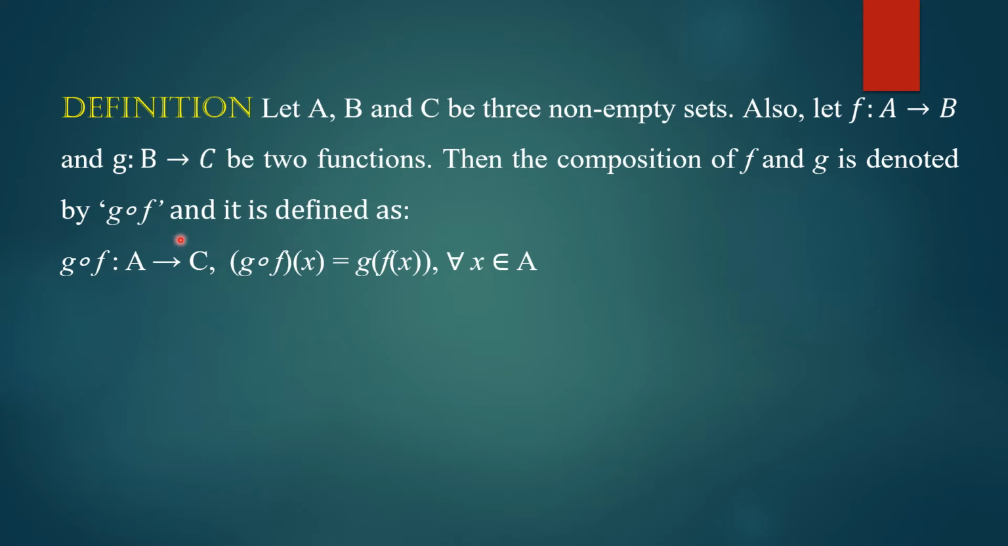It is defined as g∘f. This is a function from A to C. That means from A, bypassing the set B, to C. So g∘f is a single function. This function is from A to C, and it is defined on all elements of the domain of g∘f, and the domain of g∘f is A. So we write: for all x belongs to A,